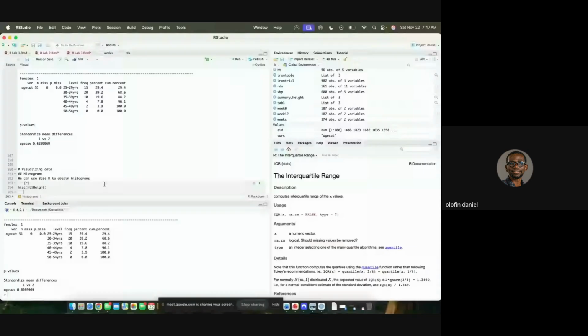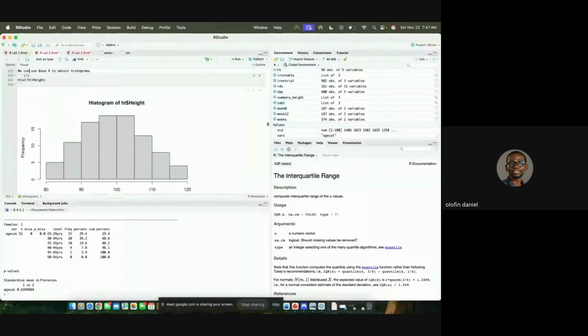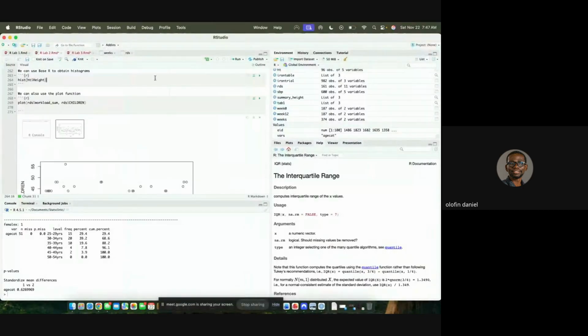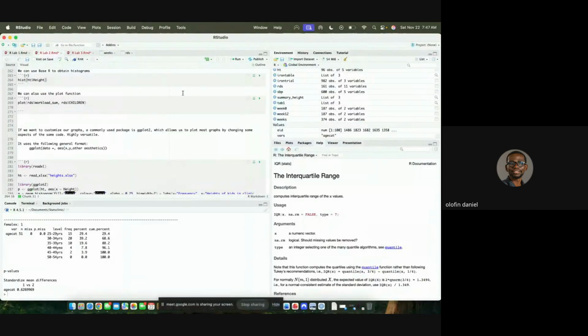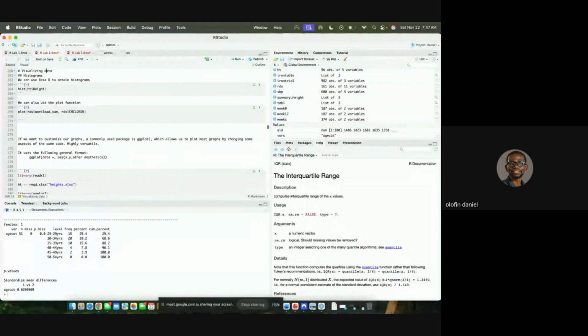So now we want to talk about visualization actually. And this will be working with the height data. So we've previously loaded our height data earlier. So now, you know, we have different